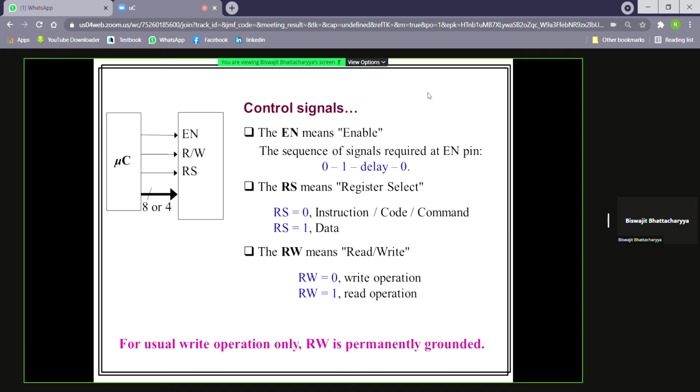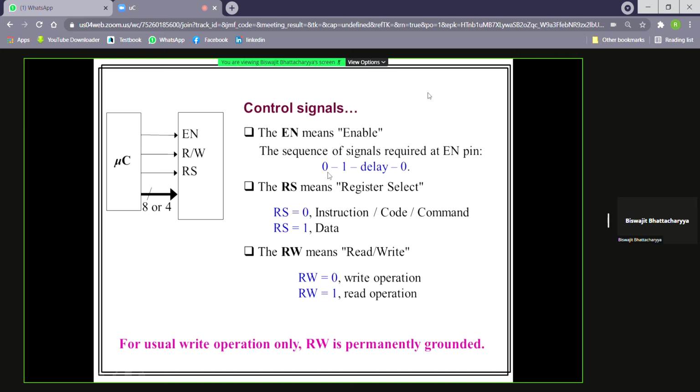Now, let's see here, these are the descriptions of the functions of various pins of the LCD controller. EN means enable. When we want to send any data or instruction to this controller, then one pulse will be required at the enable pin. Once a pulse with a small pulse width is present, only then will one data or instruction be recognized by the LCD controller.